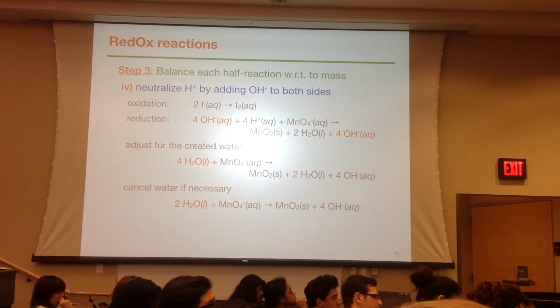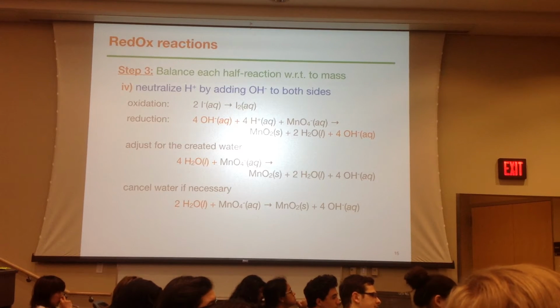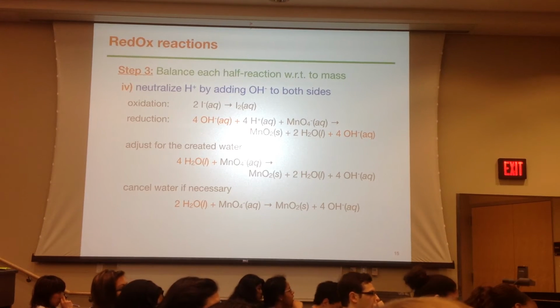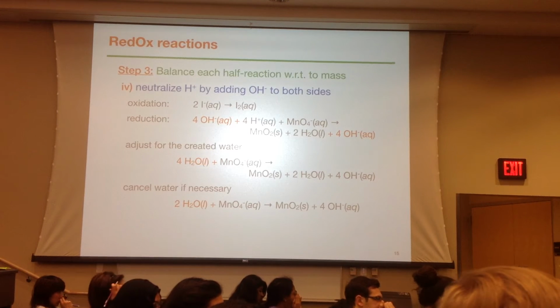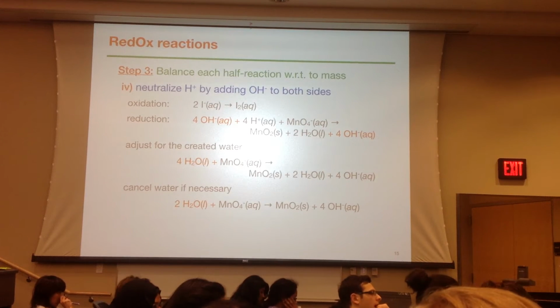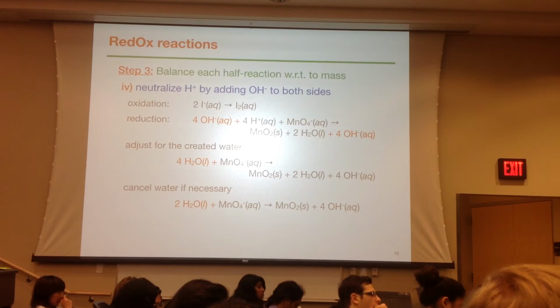Yes, it's a couple of extra steps in there. But basically the rules are the same. I mean, you know acid-base chemistry. You've been tested over it twice. All right? Now